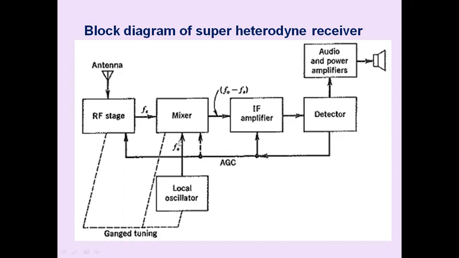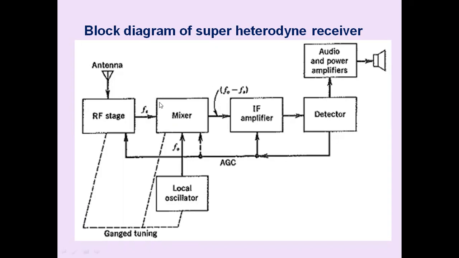The local oscillator is simultaneously tuned to 1455 kilohertz in case of AM receivers. The selected radio frequency signal and the signal produced by the local oscillator are applied to the mixer. The local oscillator is not providing a constant frequency. Its frequency we are changing as per the incoming signal tune. Suppose the incoming signal is tuned to 1000 kilohertz. The local oscillator is simultaneously tuned to 1000 plus 455 kilohertz, higher by an IF value of 455 kilohertz.